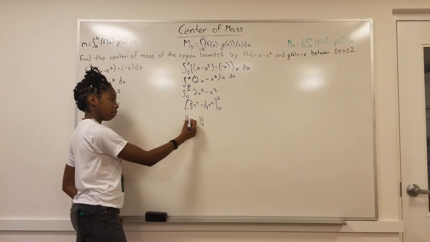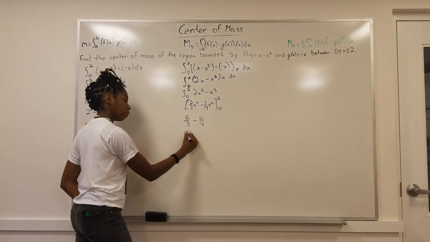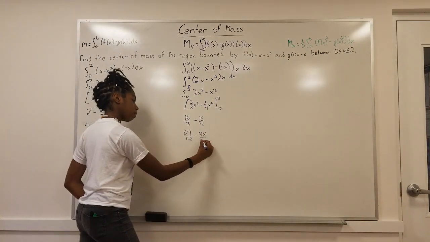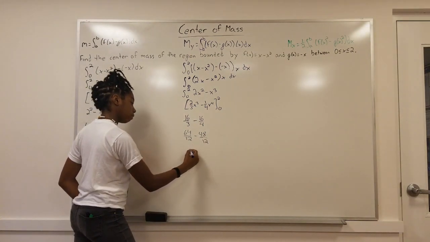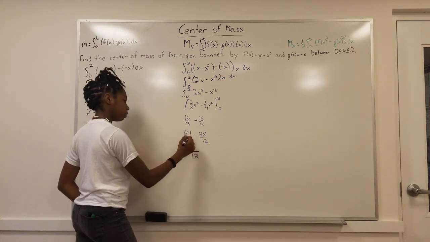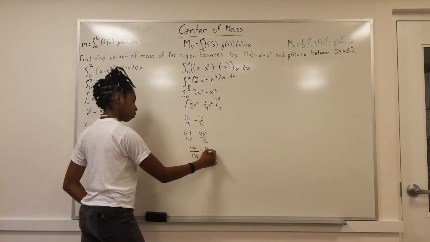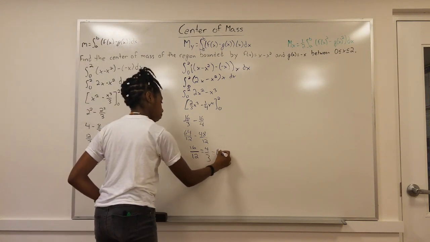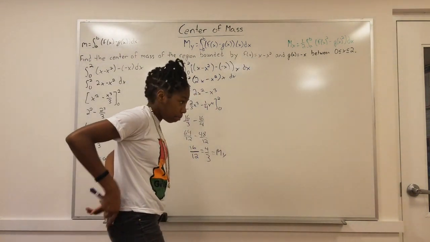You can multiply both of these by 4 to get a common denominator. So then you get 64 over 12. And you should multiply this by 3, 48 over 12. And then you get 64 minus 48 all over 12, which is 16 over 12, which can be simplified to 4 over 3. This is my moment of y. The next thing you want to do is move on to mx,